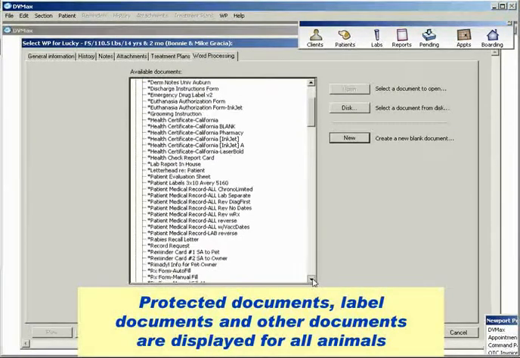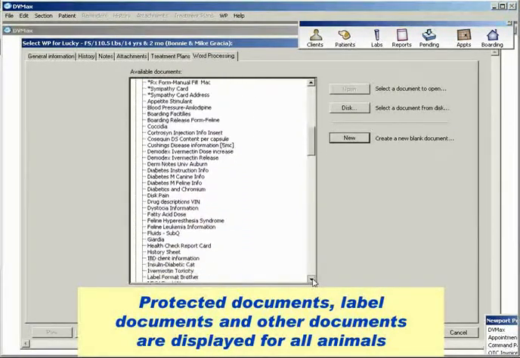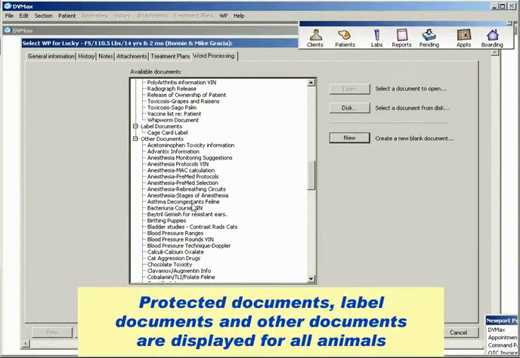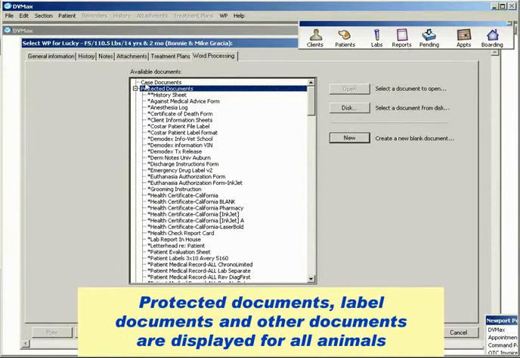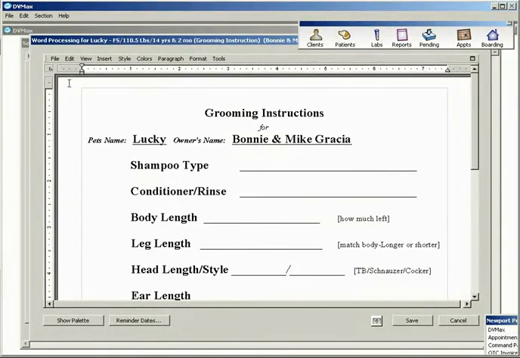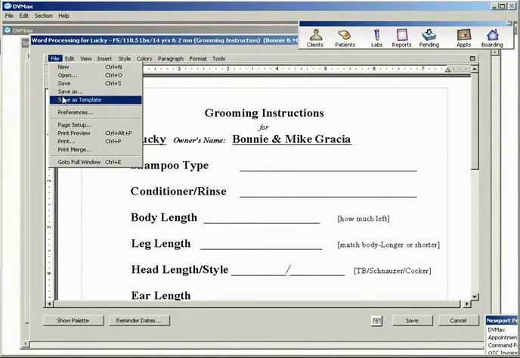The same thing is true for documents other than protected documents. For instance, label documents and other documents. Those will be utilized for virtually any animal whose record we will open. The only thing that will be different between these animals will be any documents that have been saved as case document records. If we do that again by opening up a document and then deciding to save this item, save as a case document,